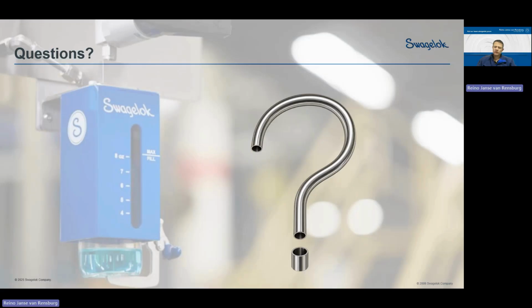So the best way is to choose your takeoff point from wherever you're going to get your sample from. If they're coming out of the same nozzle or probe, get them to tee off before they get into your line that runs to your online analyzer. So your online analyzer line will run separately from your grab sampling line. And then take it as close to the source as possible. So typically in your fast loop, take it off there, not at the analyzer.